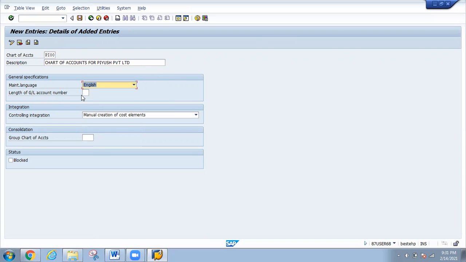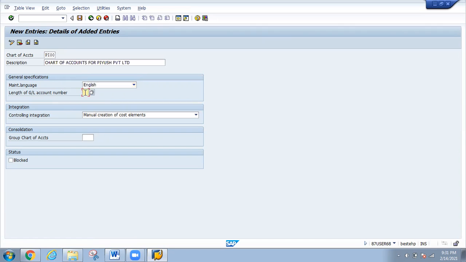Here important is the length of GL account number. That means here you will define the number of digits of a chart of accounts. It can be 6 digit, 8 digit, 10 digit, whatever. So put your digit which is required by the client.